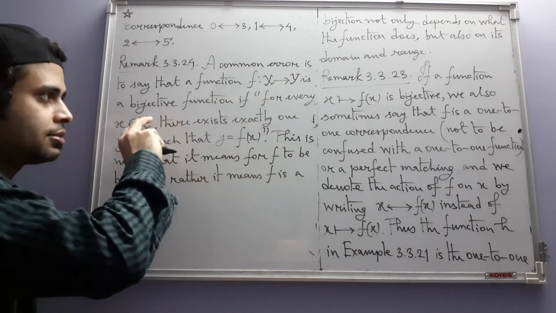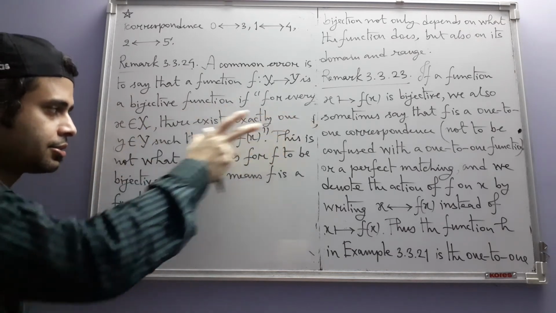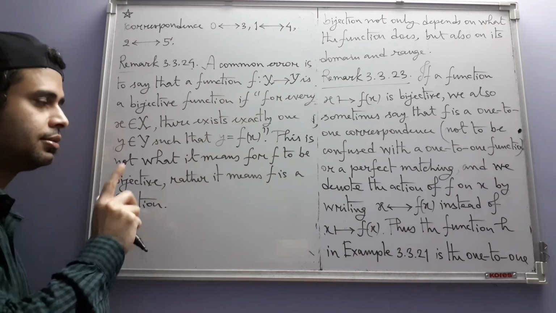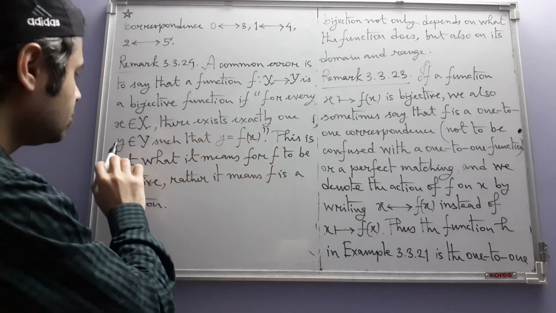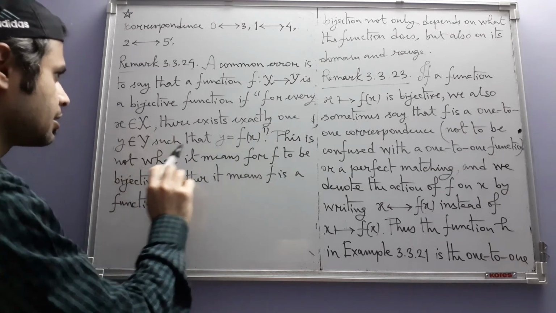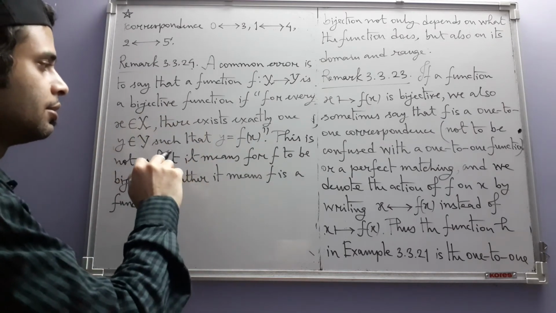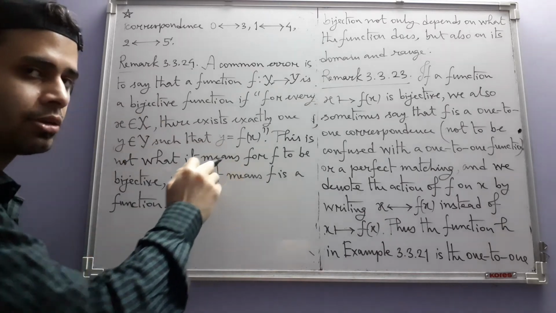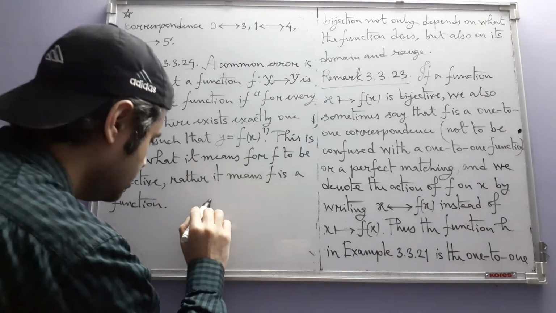However, if you change the order of these two parts of this line, then that will be a bijective function. For every y belonging to Y, there exists exactly one x belonging to X such that y is equal to f(x), then that will be the definition of a bijective function. Why? You see,